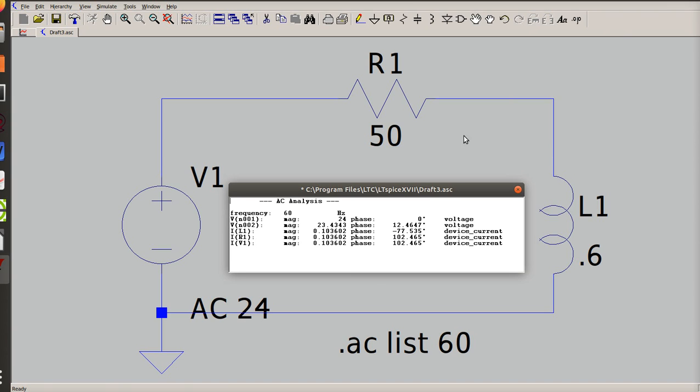That doesn't really answer the question I asked though, but it does show you how to analyze an AC circuit